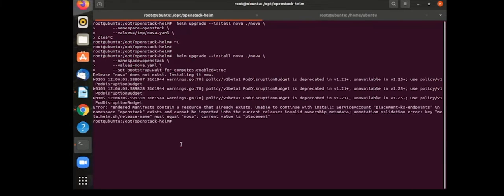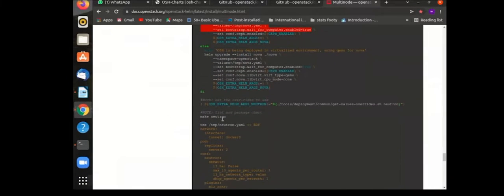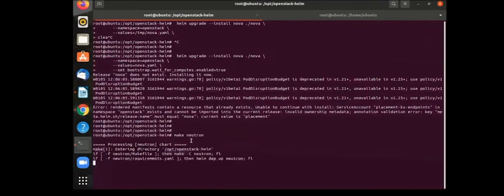So Nova is giving some errors right now, and this error needs to be dealt with by going inside some folders. I guess we'll just skip Nova for now. We move over to Neutron, and